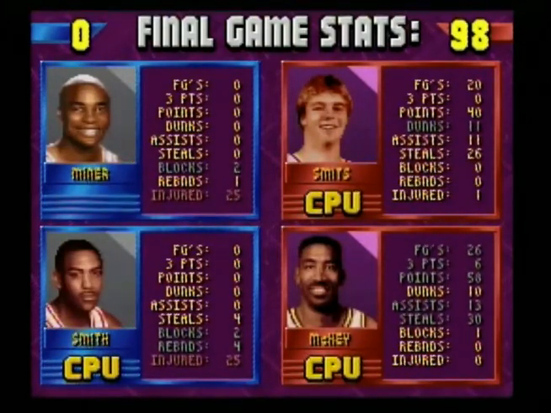So what I did is I just played a game as the Miami Heat. I chose the duo Miner and Smith because they're the duo in the game with the lowest power, and that made it easier to rack up the max injuries, which is 25. So I just played this game,